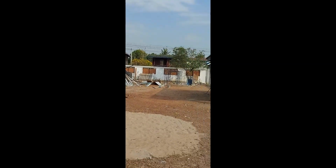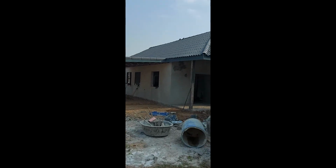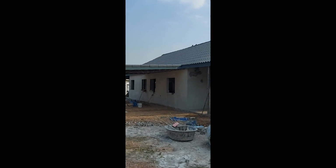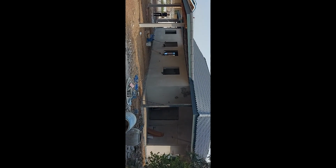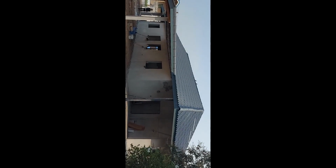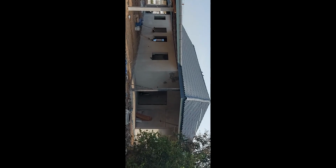So we'll have a look at the house now from the back side, and we'll turn the camera around actually, because we can get a better view. So this is now the view from the left hand side. As you can see, the roof is almost done, but